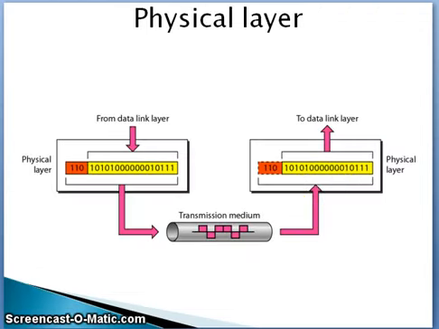Now let's start from the bottommost layer, the physical layer. As you can see in the diagram, the data which comes from the data link layer to the physical layer is transmitted in terms of binary. And this binary data is then transmitted through a particular medium. This medium can be twisted pair cable, fiber optic cable or copper media cable. As the data reaches the receiver, it is in the same format that the sender has sent and it is then transferred to the data link layer. As we said, the layer provides services to the upper layers.